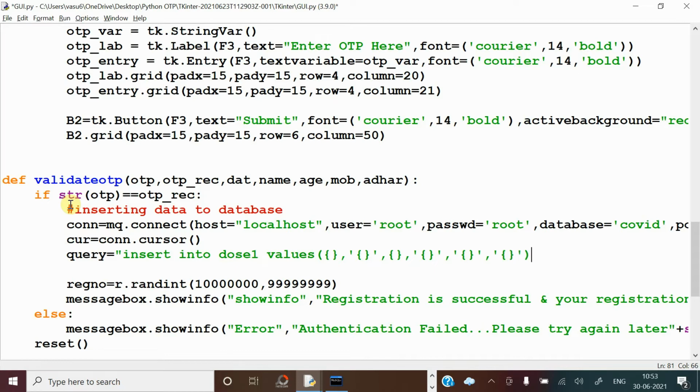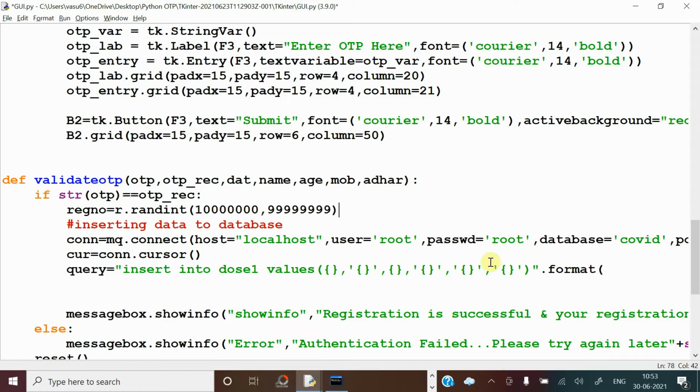Now after that, you have to add the values, whatever you want to keep here, with format. So what is the very first parameter? The very first parameter is the registration number, and after that the second parameter is name.